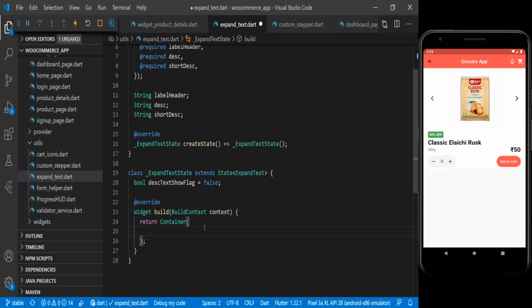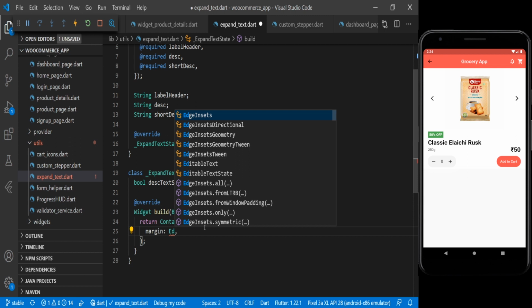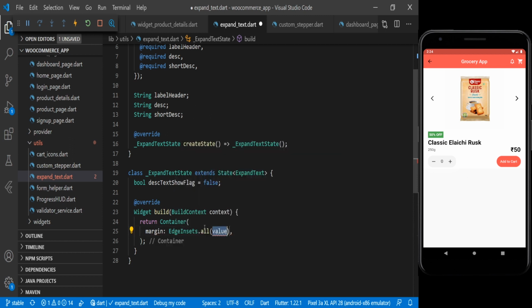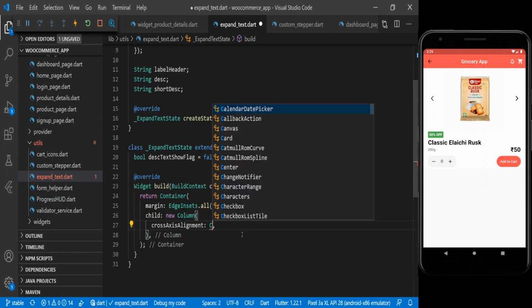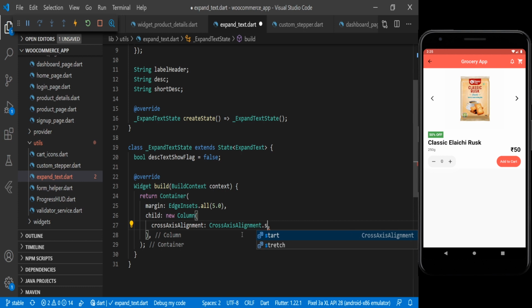So in the container we will add some margin here, and we are using EdgeInsets.all 5. And then we have the child here, and for the child we are using a new Column widget. Then we will have crossAxisAlignment, and we are using .start.